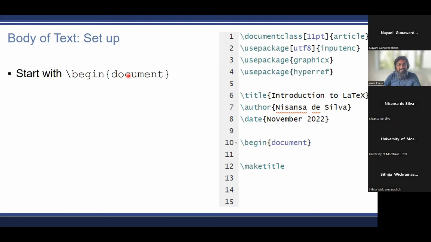And one thing that you have to remember is that LaTeX would try to compile it even if you have little errors, but it is good practice to, if you open something, to close that. Even if you don't do that, LaTeX will try to compile up to that point and then say, hey, you are missing something. So Stakila, we'll generate some errors and show them some errors as well, right?